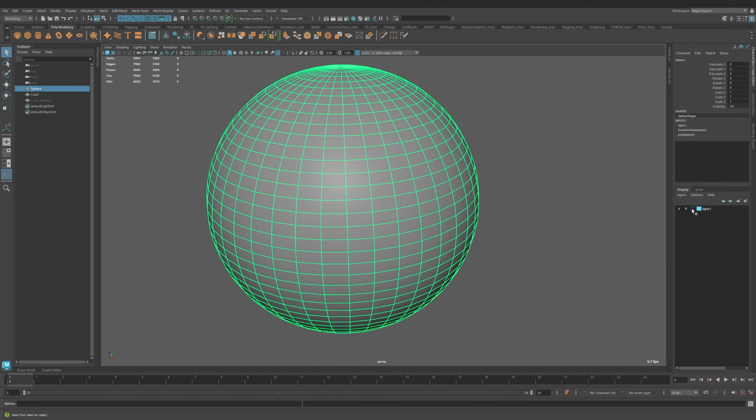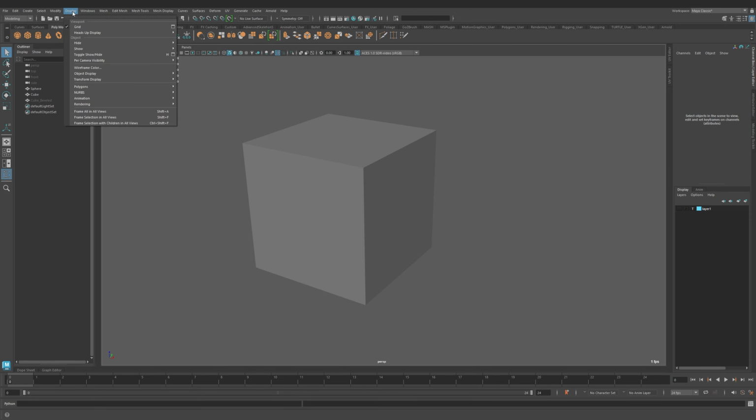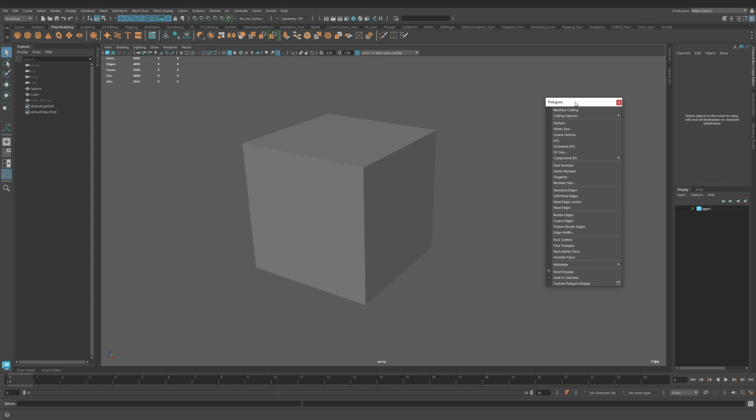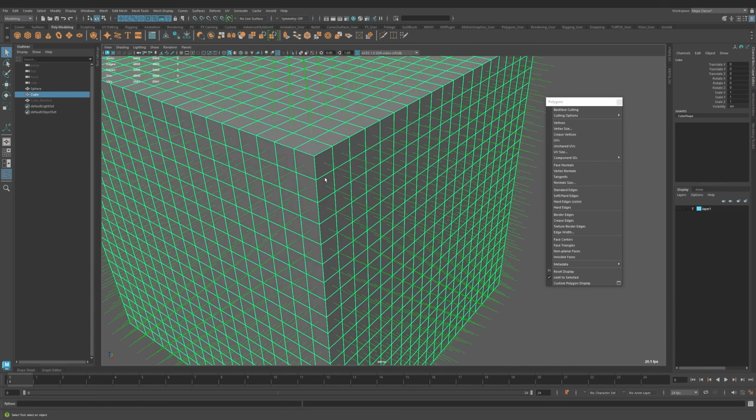Put the sphere on a layer, and I'm templating it because I don't want to see it. Okay? So we can just hide it for now. What I want to do is go to display, polygons, and I'm going to click this button over here and move this up over here. Okay? And if I select this object and I click on face normals, you can see that we have our